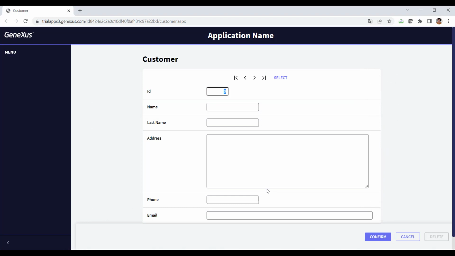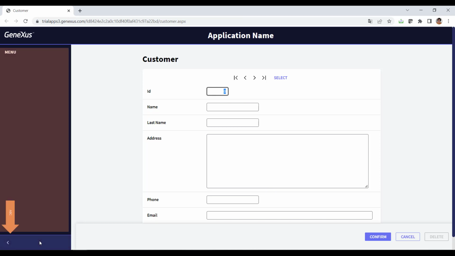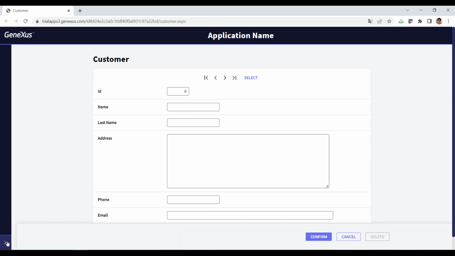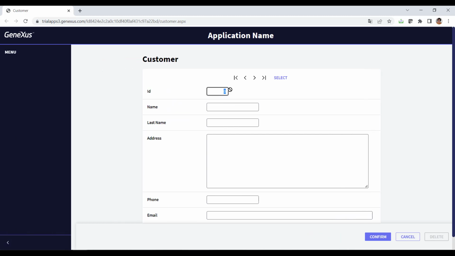Now the application is up and running. Here's a page for us to add, modify, and delete customers. This menu shown here provides access to transactions and other objects that we will see later. We enter the details of our first customer. This customer will be identified with number 1.